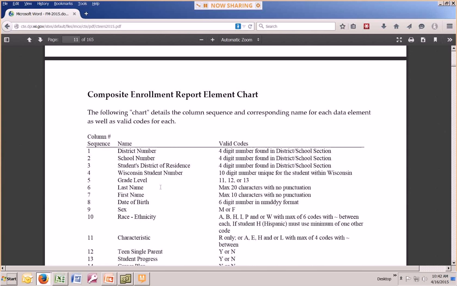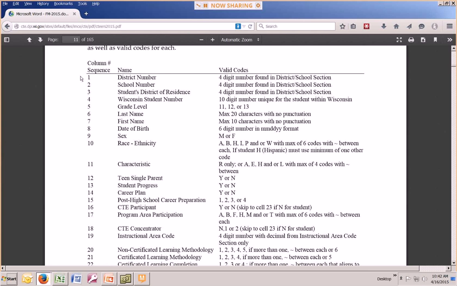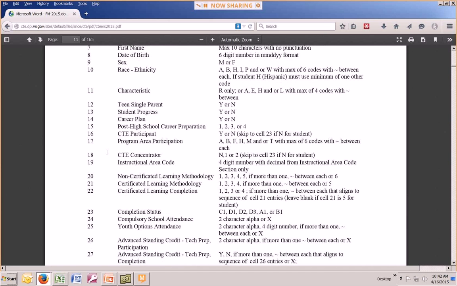If you take a look at this chart, basically the report is three areas of student involvement. The first area is demographics, contained student demographics, which runs from district number all the way up to high school, post-high school career preparation. The second section deals with CTE involvement for that particular student for the reporting year, which is whether or not they're a participant,